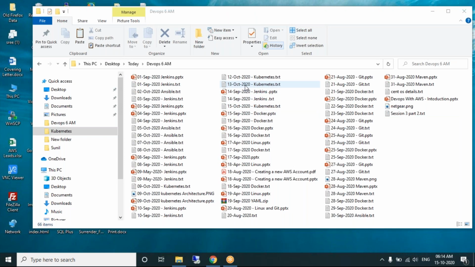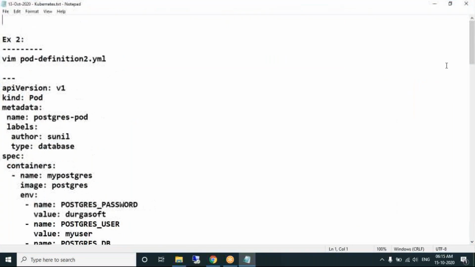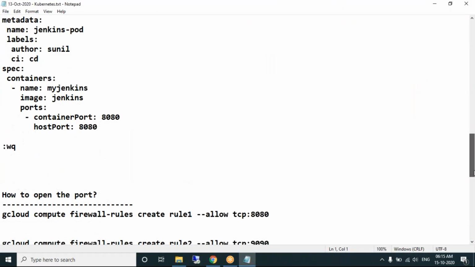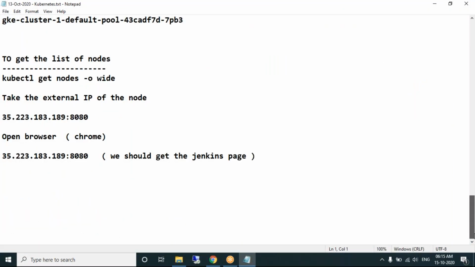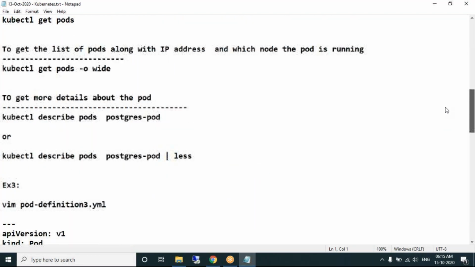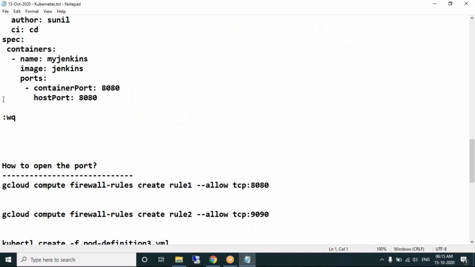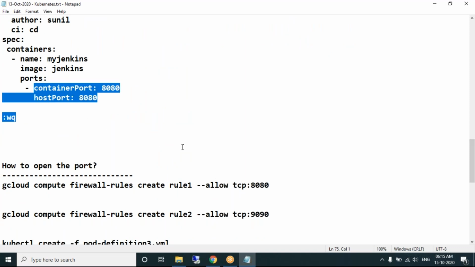In the last session, we have learned how to create a pod, and we also have seen how to perform port mapping and how can we access the pod.